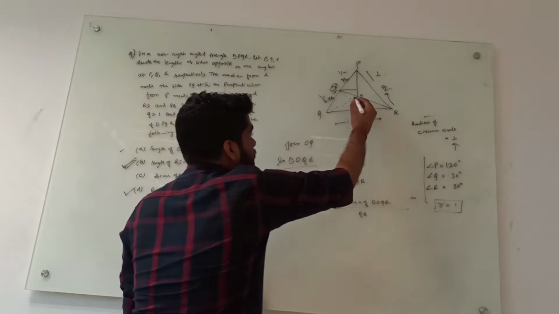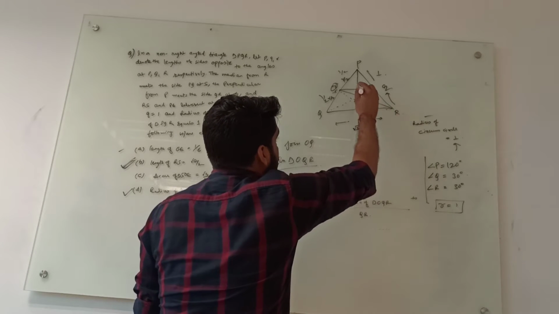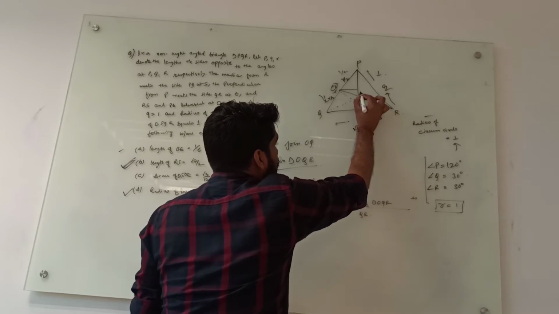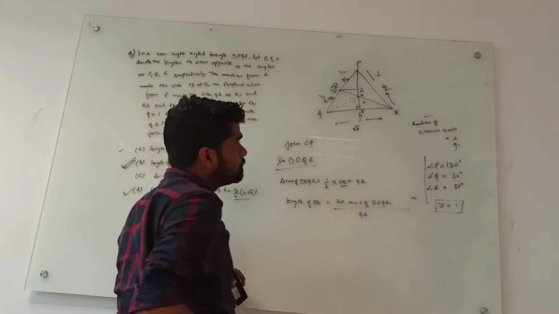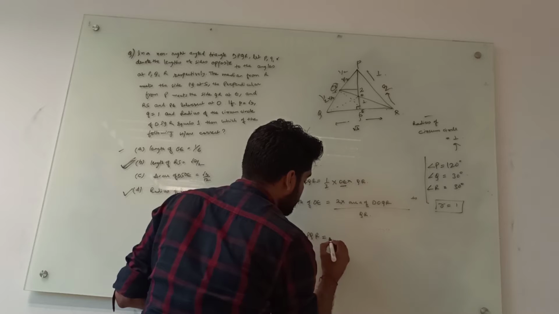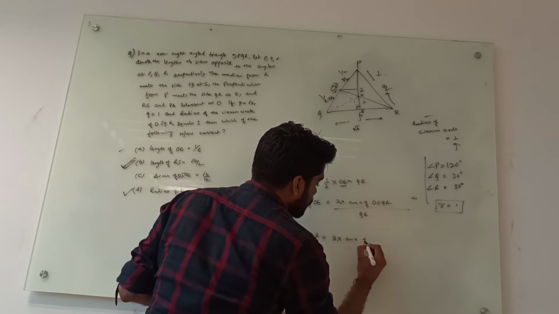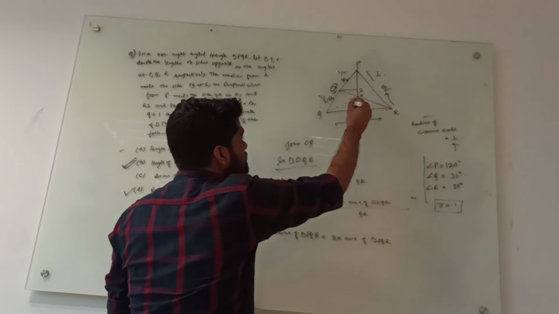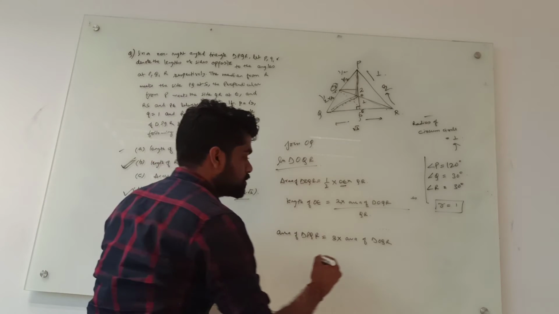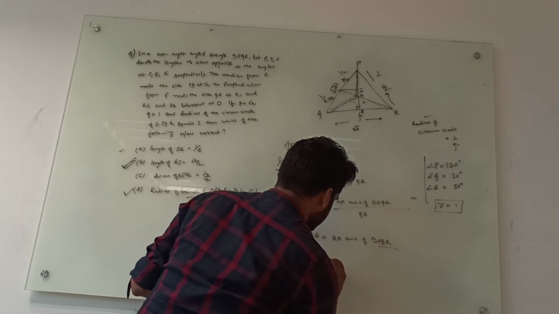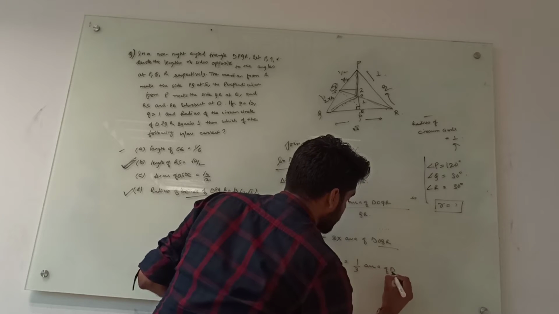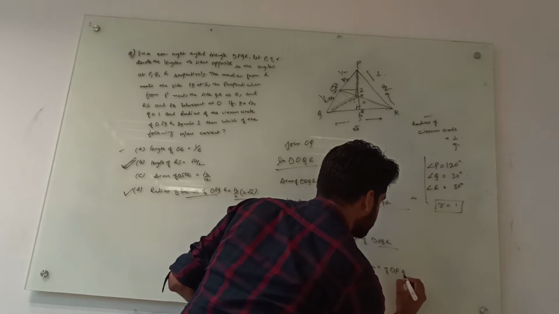Now you can clearly see, as this is the point of contact of the perpendicular and median, this has become the centroid, which is dividing the triangle in the 2:1 ratio. So can I write that the area of triangle PQR will be nothing but 3 into the area of triangle OQR? These three triangles have become, you can see this one, and this one. Okay, so the area of triangle OQR will be 1 by 3 the area of triangle PQR.